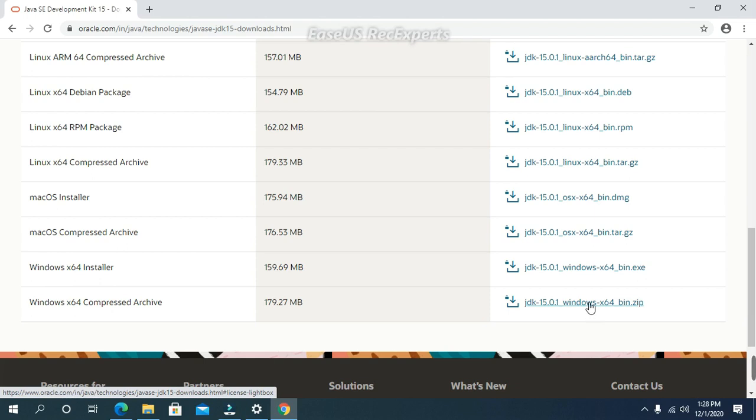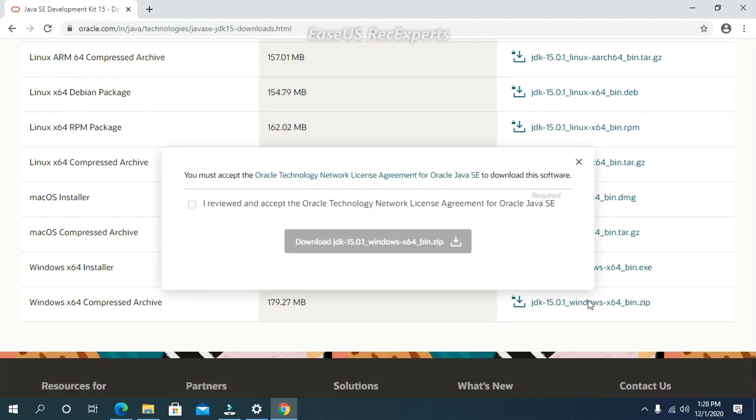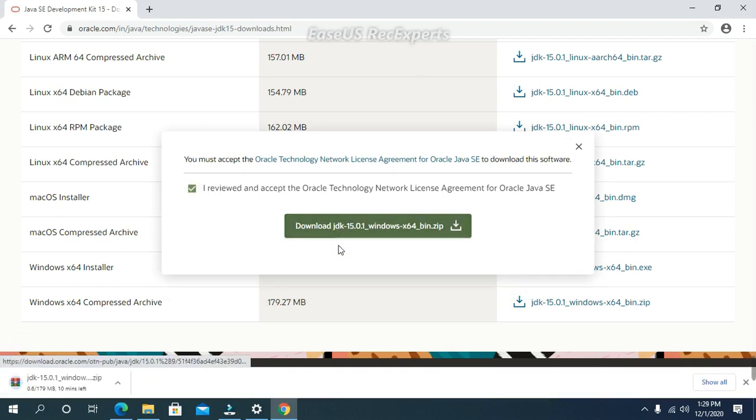Select the last option, download zip file, click on this checkbox and start downloading JDK for Windows. The file is quite big, so it will take some time to download. Let us wait till the zip file completely downloads.